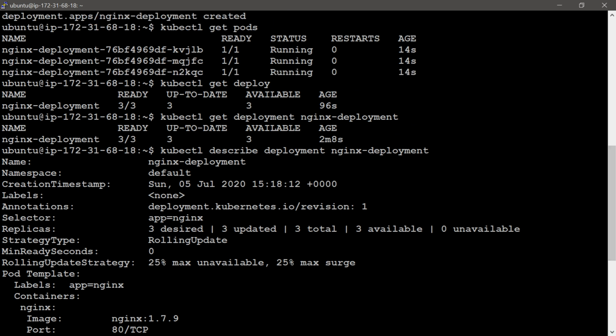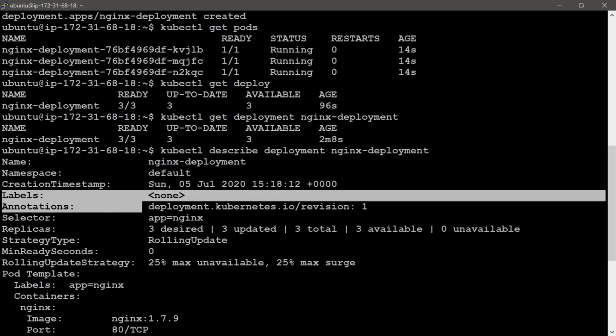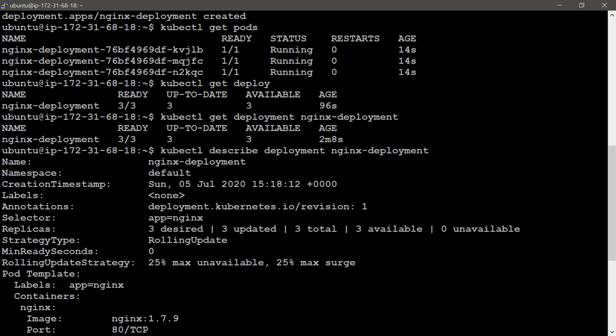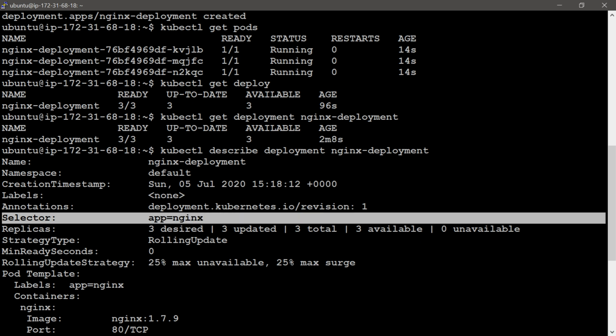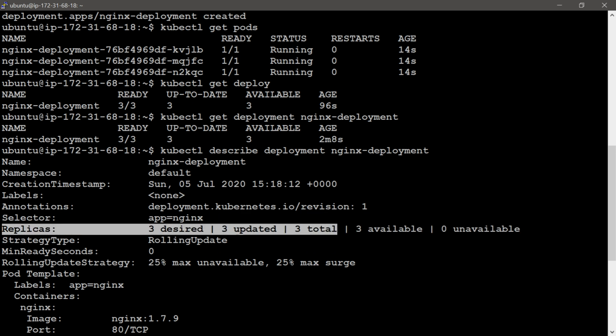We can see the deployment name, namespace, which is the default namespace. There are no labels and annotations. Selector is there: app equal to nginx. Then replicas: 3 desired, 3 updated, 3 total, 3 available and 0 unavailable. Strategy type is rolling update.